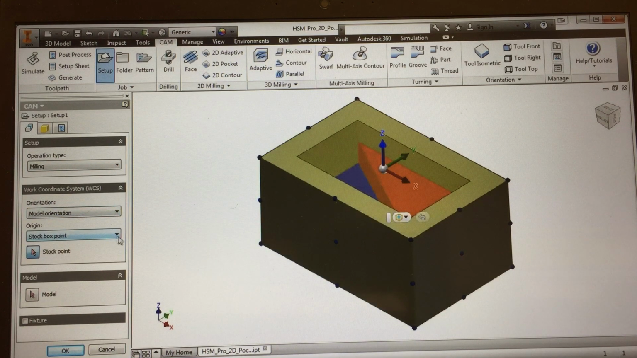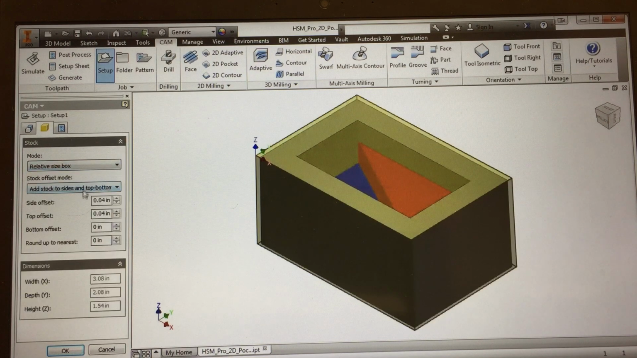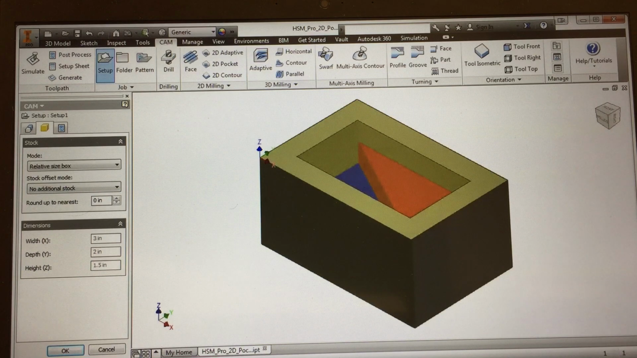Select the stock box point. Select the top front left corner of the stock. Select the Stock tab and use the Relative Size box option. Use the No Additional Stock option since the part was already prepared to machine a multiple depth 2D pocket by